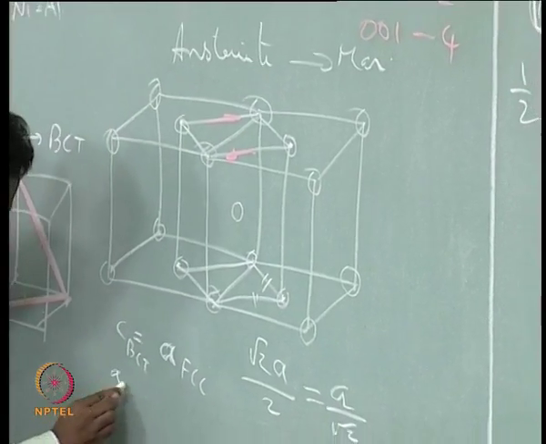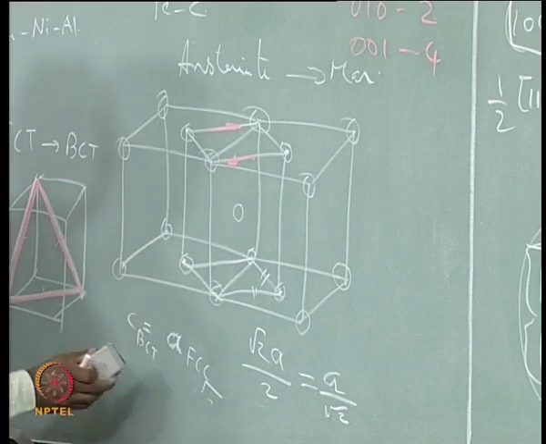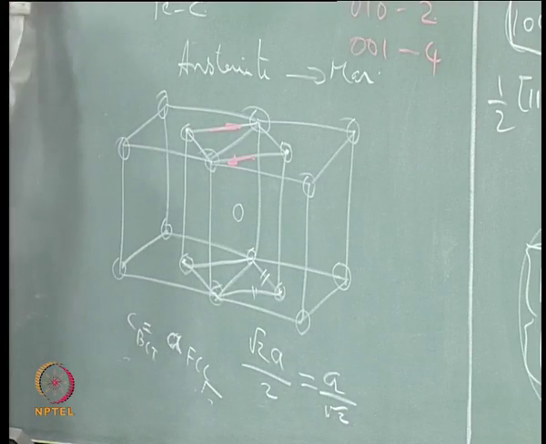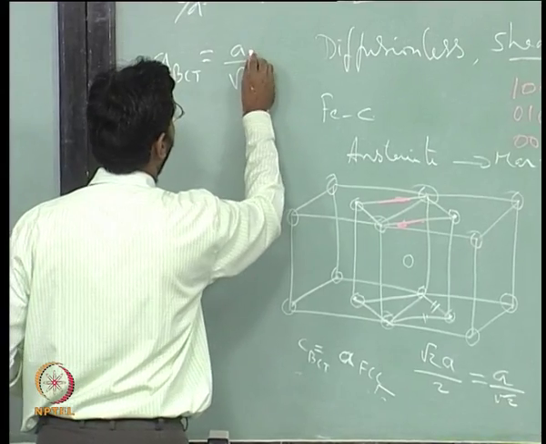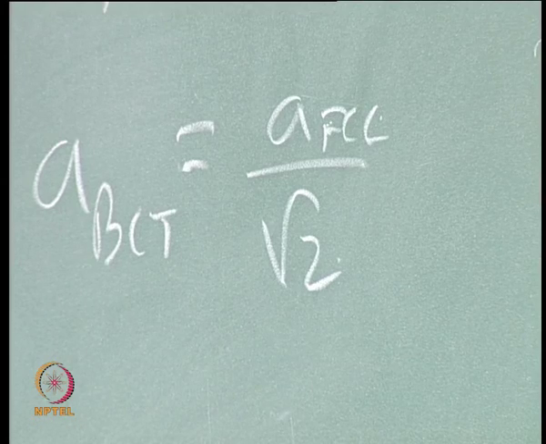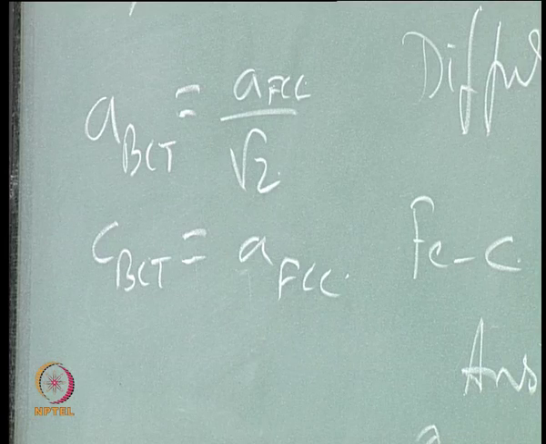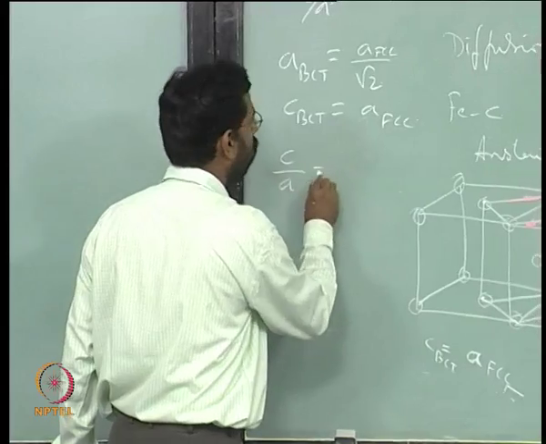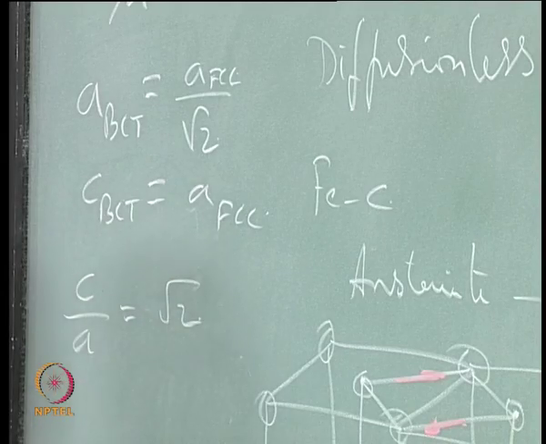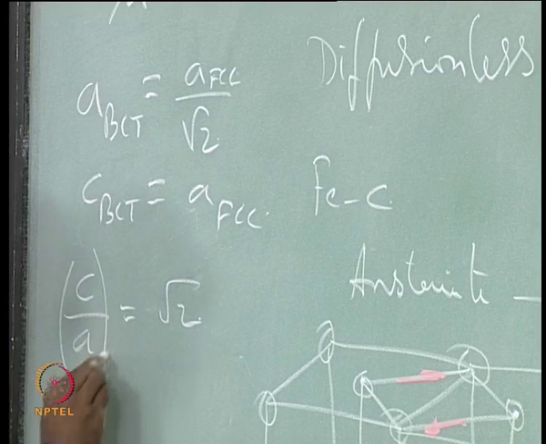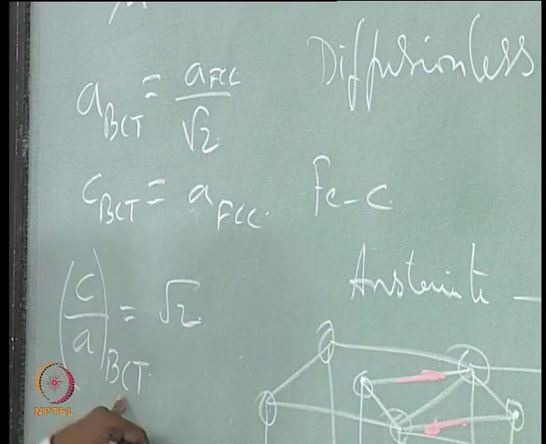So, a of the BCT is a by root 2, I am sorry, not able to write here, I will write somewhere else. So, a of BCT is equal to a by root 2 of FCC, and c of BCT is equal to a of FCC, am I right? So, if I take the C by A ratio, it becomes this divided by that, that is equal to root 2. So, C by A of the BCT after the shear is actually root 2,